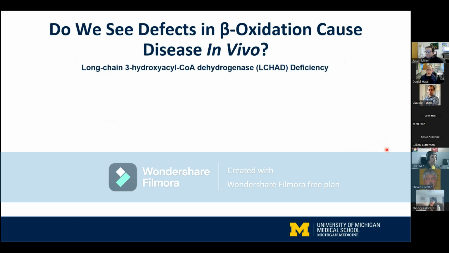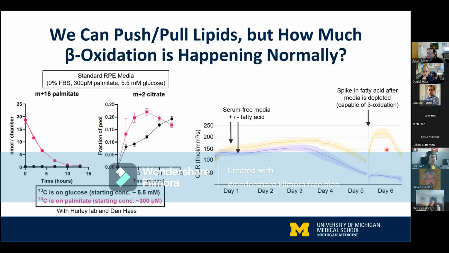One comment, Jason, or question, I'm not really sure, on the last slide. It seems like there's a delay in the decrease of OCR over time with fatty acid. Is that right? Right. So the question is, what we think is likely happening is that there isn't an immediate large consumption of the fatty acid, but as other mitochondrial substrates are being depleted and the fatty acids are still around, they are sort of reaching for them